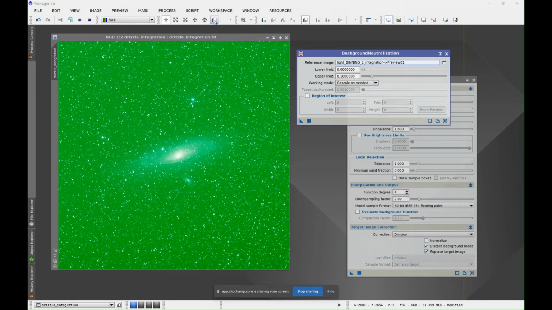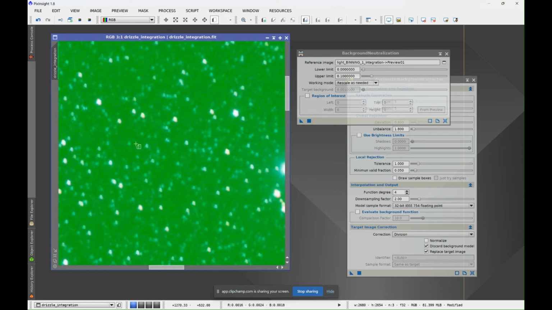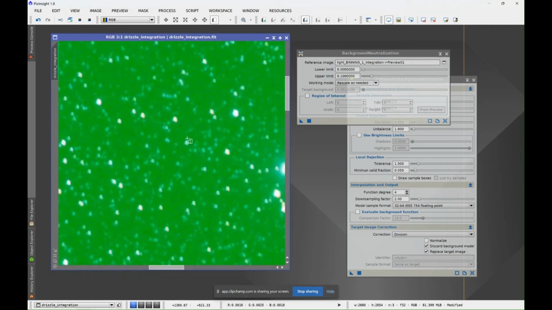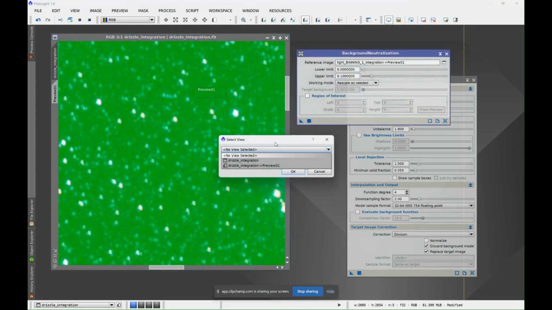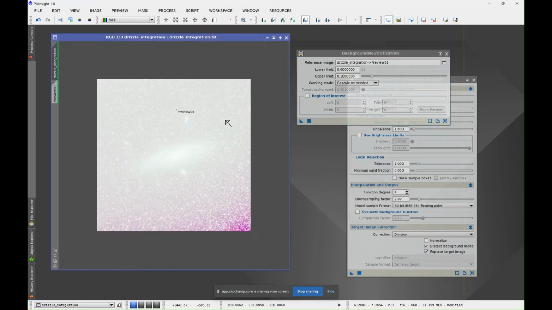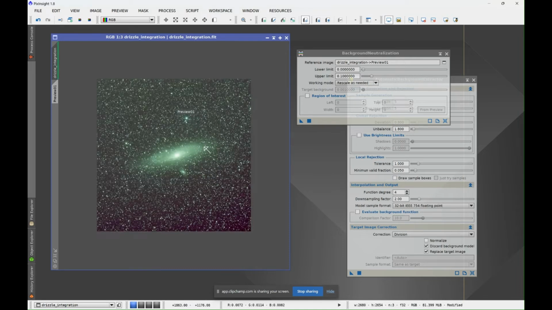So the first thing you want to do is create a preview, as they call it. So apologies for the bad star shapes. I shot this whole target at f2, f ratio of 2, so it's not that great. There's a little bit of coma and astigmatism. So once you click on the preview, you can go to background neutralization and select the preview and click OK. And either you can drag this new instance arrow to the image, or you can press apply and it will apply to the image. So you can re-stretch it, and